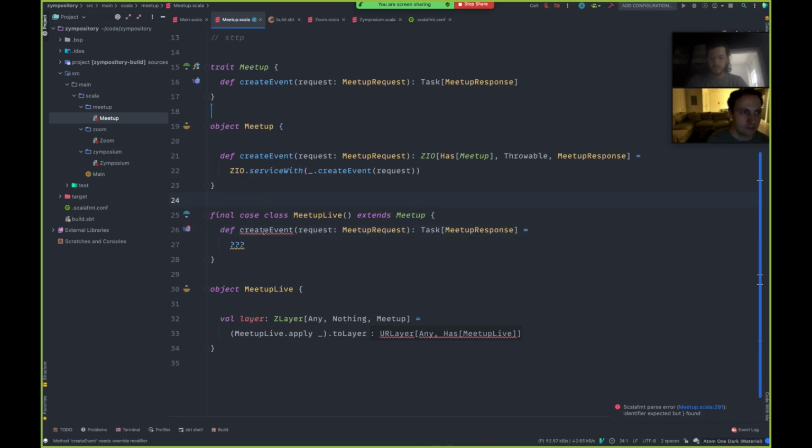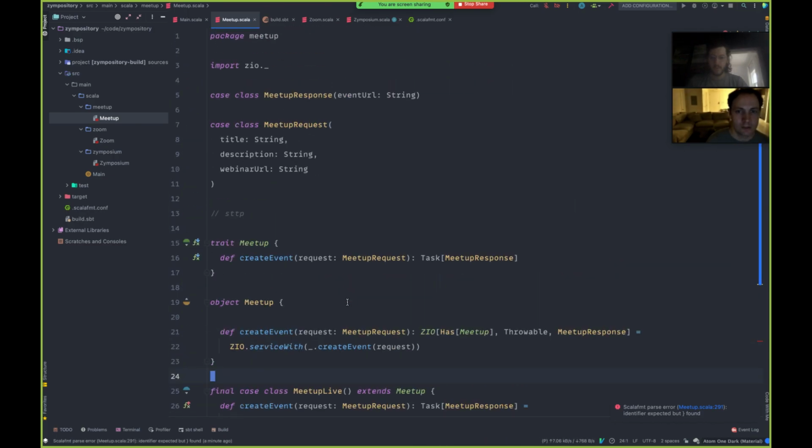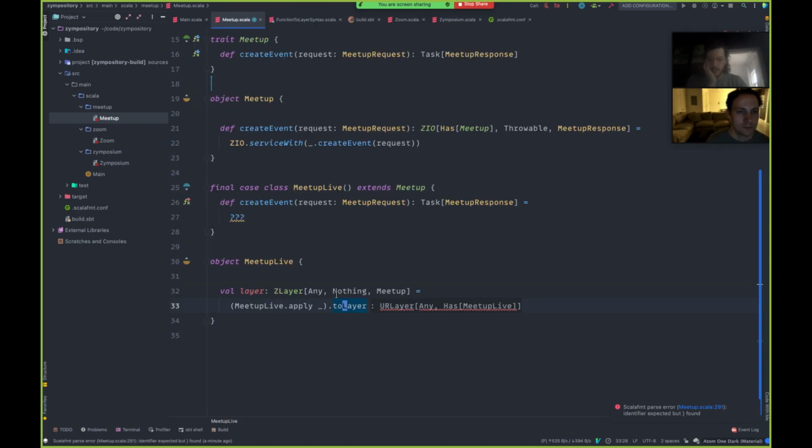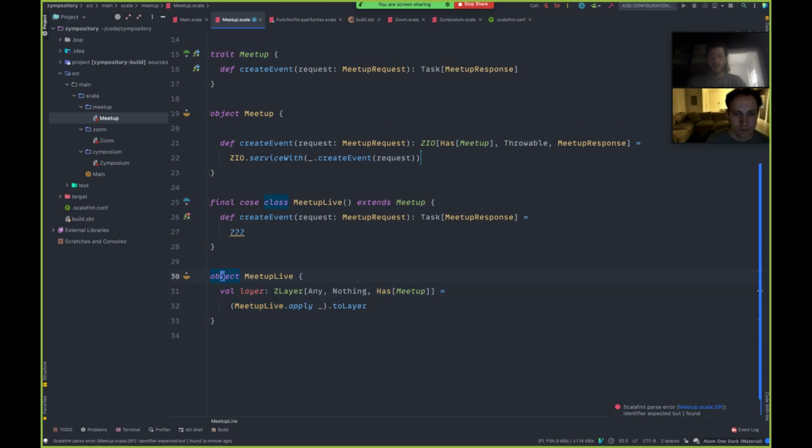Let me just check on Symposium. Yeah, I think that's all good. And Zoom, we had the same thing, so we were just playing with it. Okay, and it looks like this would be has meetup. Yeah, there we go, has meetup. Got another little red there. Yeah, and this is nice.